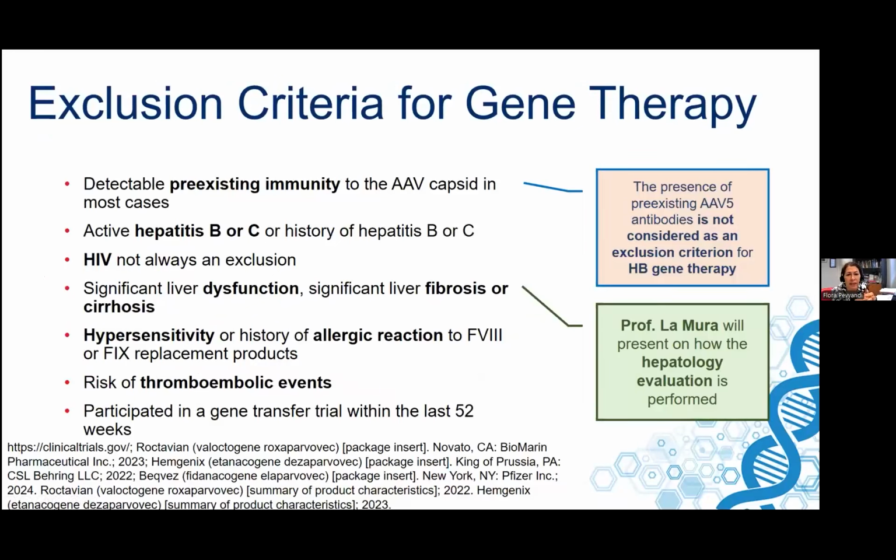Exclusion criteria is detectable immunity against AAV capsid for hemophilia A. However, this is not always true for hemophilia B, and only very high titer. And then all other conditions in terms of health of your patient's liver, which will be explained by Professor Lamura, and hypersensitivity or history of allergic reaction to factor 8 and 9 replacement therapy is a criterion of exclusion,